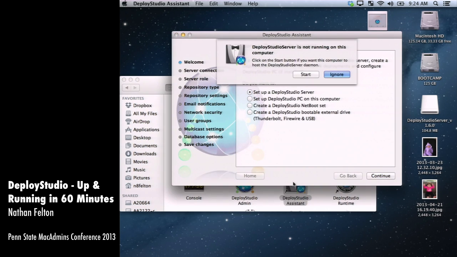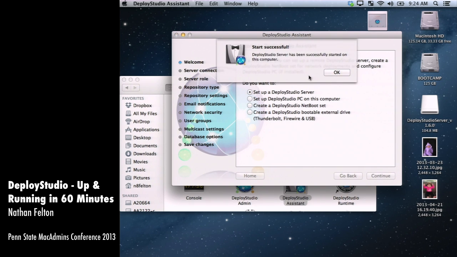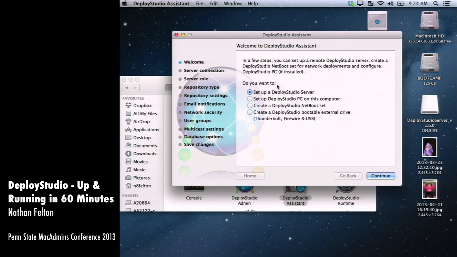So if you open that up, the first thing you should see is a warning that says, warning, your service is not running. They make it nice and easy, and you can just say, start the service. A little pinwheel, and it should take about, there you go, get a confirmation. And we're going to pick this first option, hopefully, oh, there we go. Obviously I didn't sacrifice anything to the demo gods today. There we go. So first option,